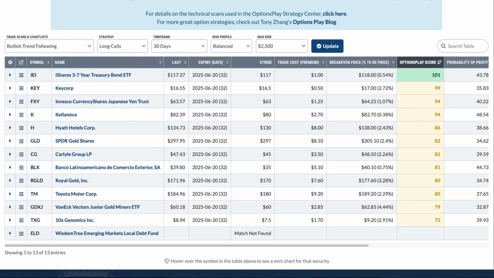at StockCharts.com. And I really think of the Strategy Center as the best of both worlds. You get the powerful technical screening capabilities of StockCharts with the option strategy finder that we have using OptionsPlay. When you combine the both, what you're getting is the best of both worlds. So what you're getting are stocks that, from a timing perspective, are the most optimal to get in now for either a bullish or bearish move based on our technical indicators that we have back tested